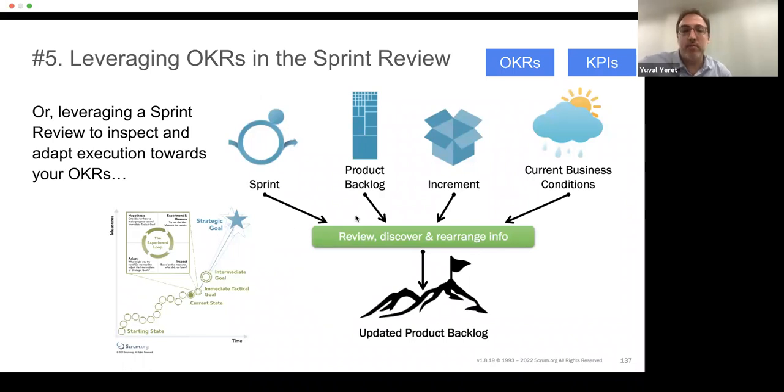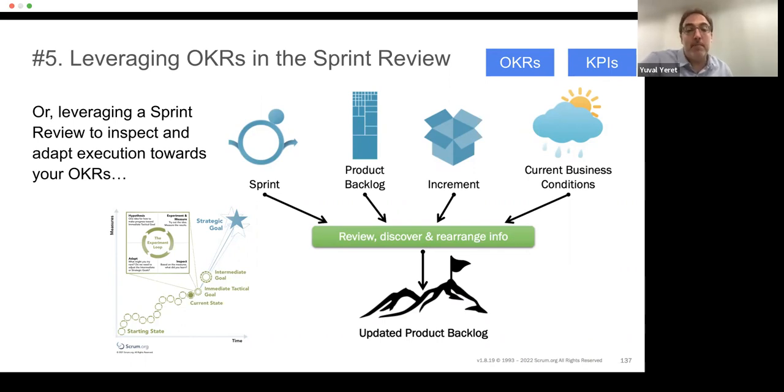What can we learn from inspecting our OKRs and KPIs in order to decide what needs to change in our product backlog? We might learn that there's something we need to do to keep a KPI healthy or to bring it back to a healthy state. We might decide that there's work that we need to pull to actually advance an OKR. This is something that can also happen in backlog refinement. So the product backlog should tie to what our OKRs are right now.